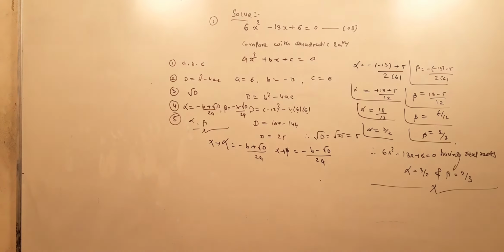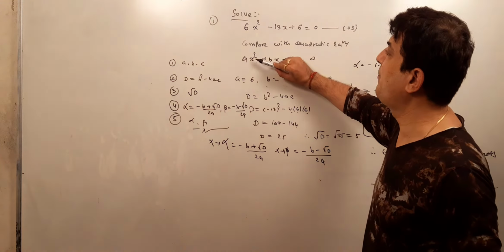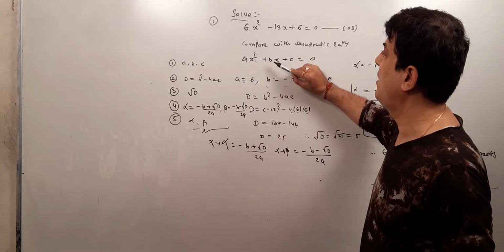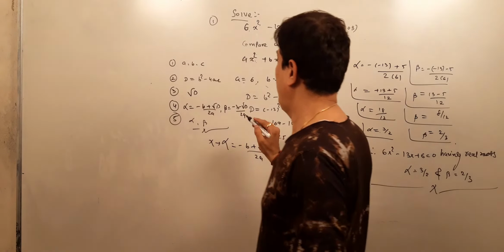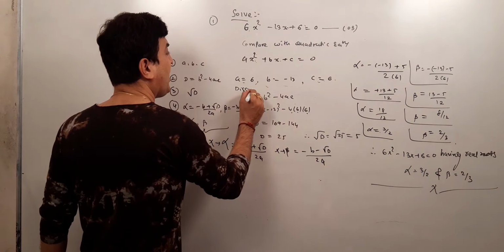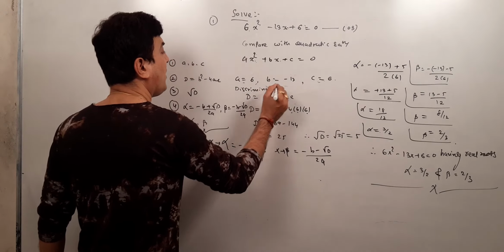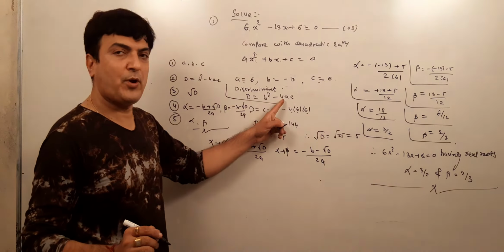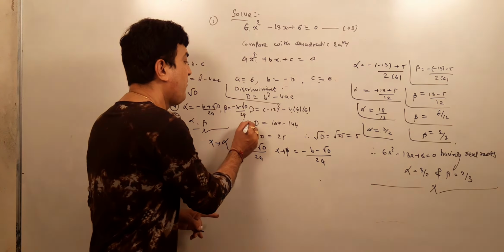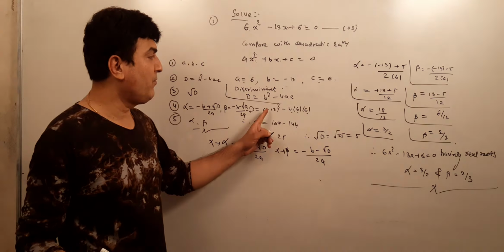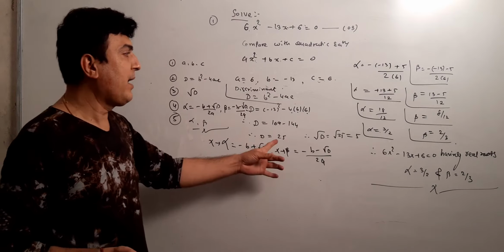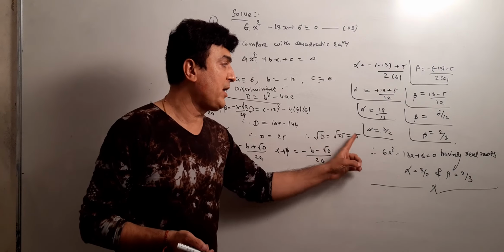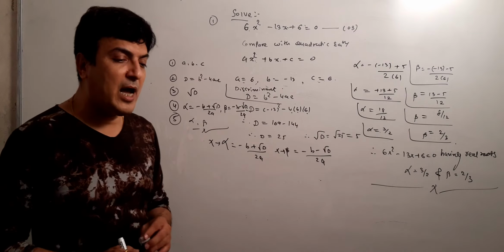Okay. Ready? Now first one, we have to find the a, b, c. Compare with the standard form: x square multiple is 6, x multiple is -30, constant is 6. What is D? D is the discriminant. This discriminant value is b square minus 4ac. Therefore, D is 169 minus 144, so D is 25. Root D is under root 25. The square root of 25 is 5, and we find the alpha and beta.